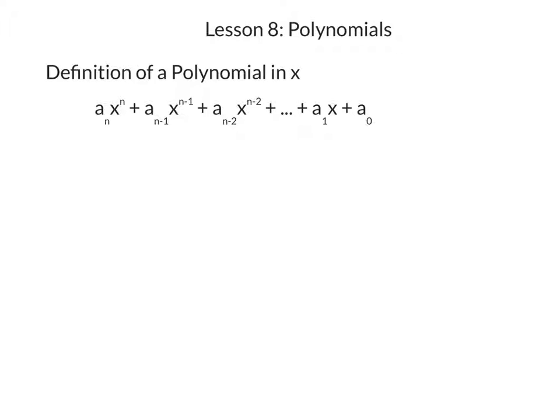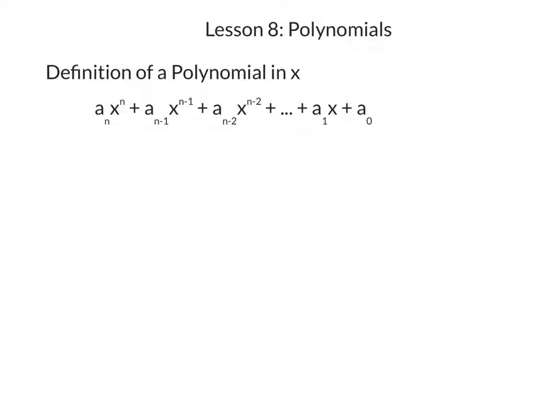a_n x^n plus a_(n-1) x^(n-1) all the way to plus a_0. a_n, a_(n-1), a_(n-2), a_1, a_0 are all real numbers, okay? a_n is not equal to 0, and n is a non-negative integer, okay? Now,